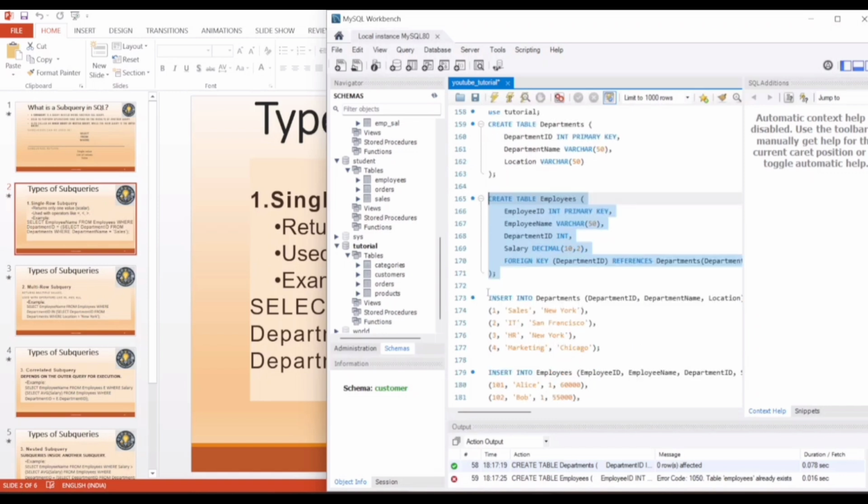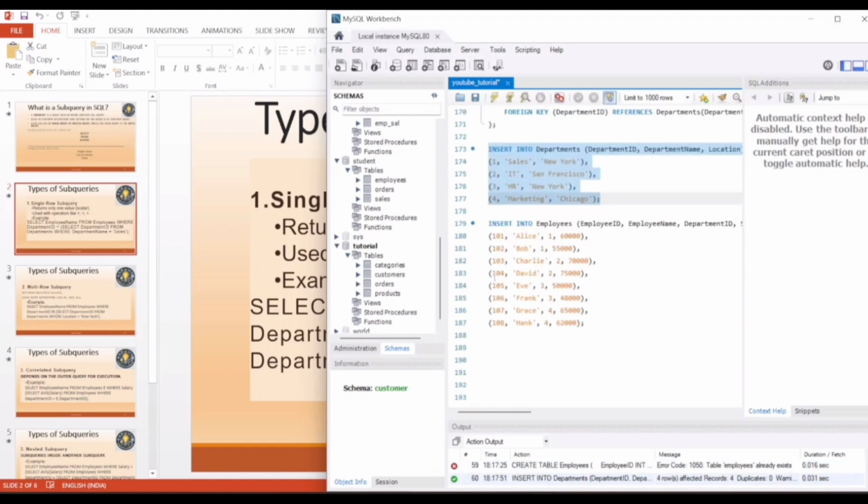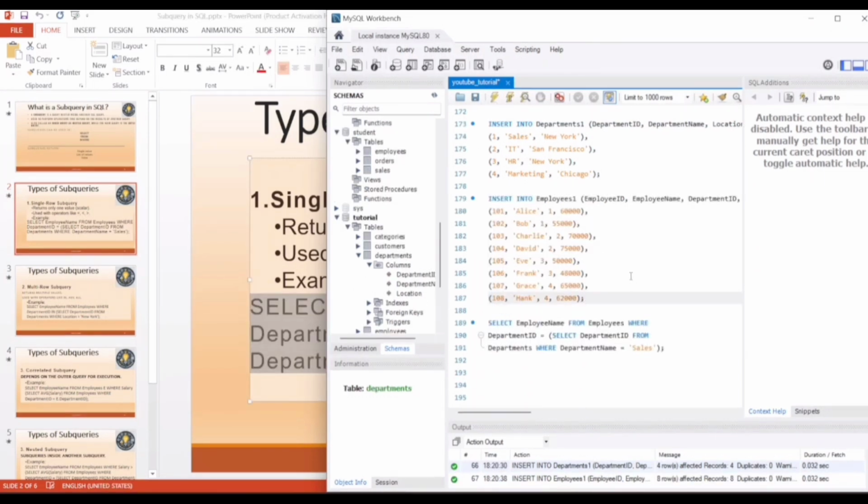Okay, now insert values into department. Now insert values into the employees table also. Okay, so I inserted all the values, department 1, employees 1. Now select employee name from employees 1, and department ID from departments 1, where department name is sales. Okay, just select,